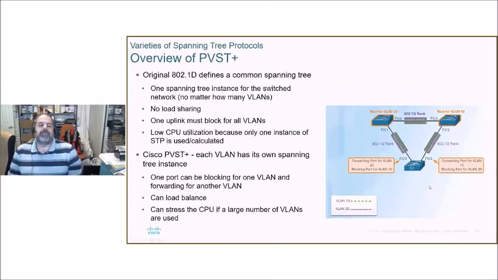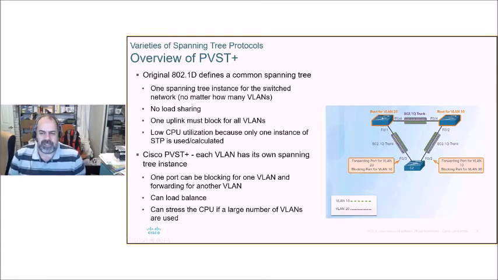Now, per VLAN spanning tree. So original 802.1d defines a common spanning tree, one spanning tree instance for the switched network, no matter how many VLANs, and so you can't actually do load sharing. So one uplink must block for all VLANs. So it's less resources for the switches and a little less bandwidth used, but basically,